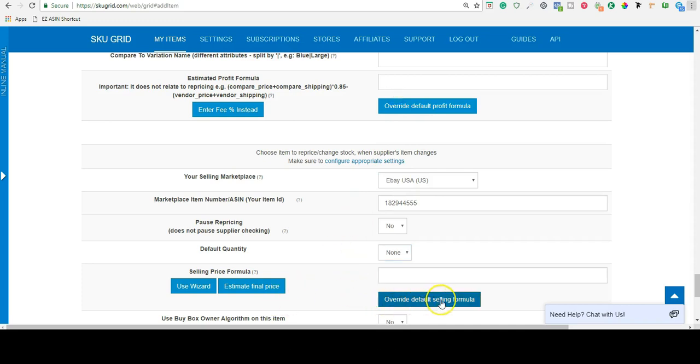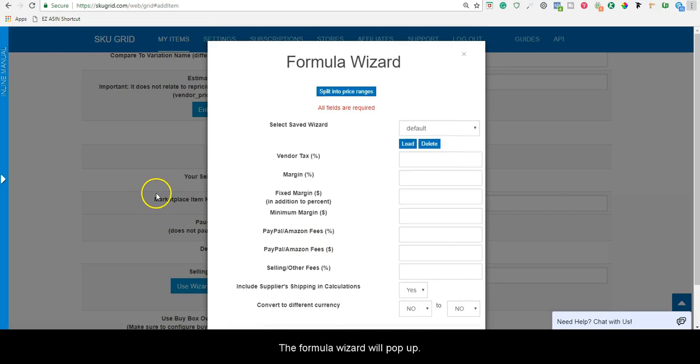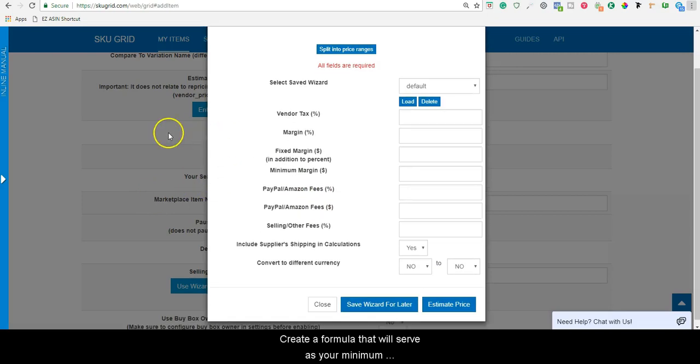Next, click Override Default Selling Formula. The formula wizard will pop up. Create a formula that will serve as your minimum selling price formula. The formula created here will be used to establish your lowest selling point for your item when using Buy Box